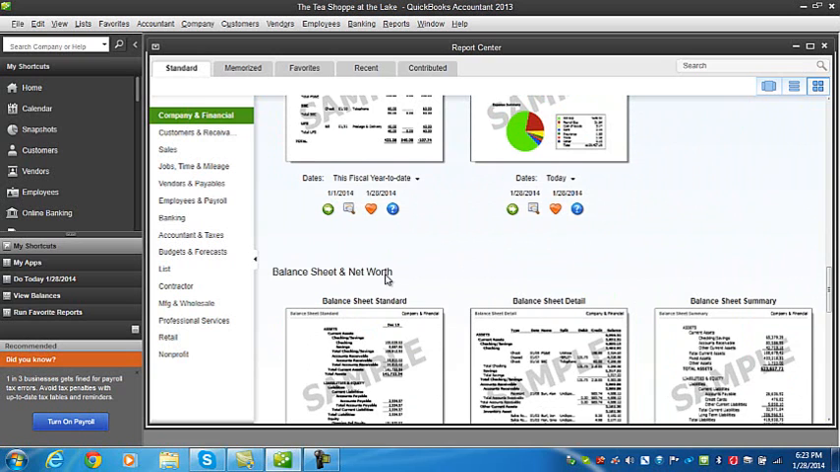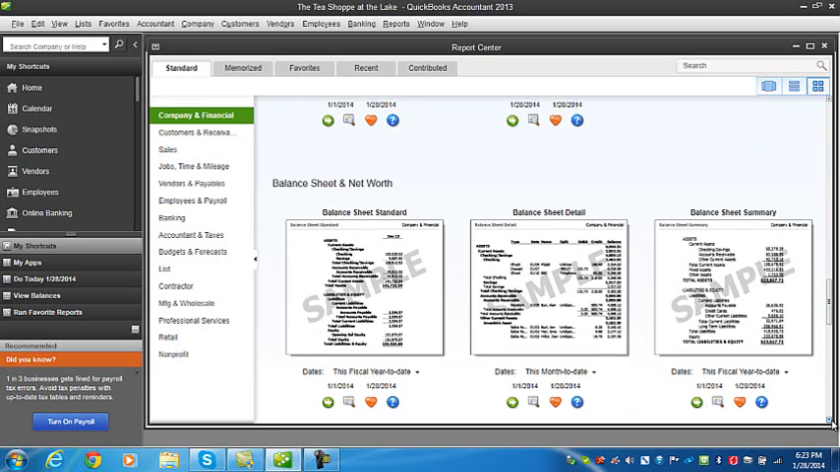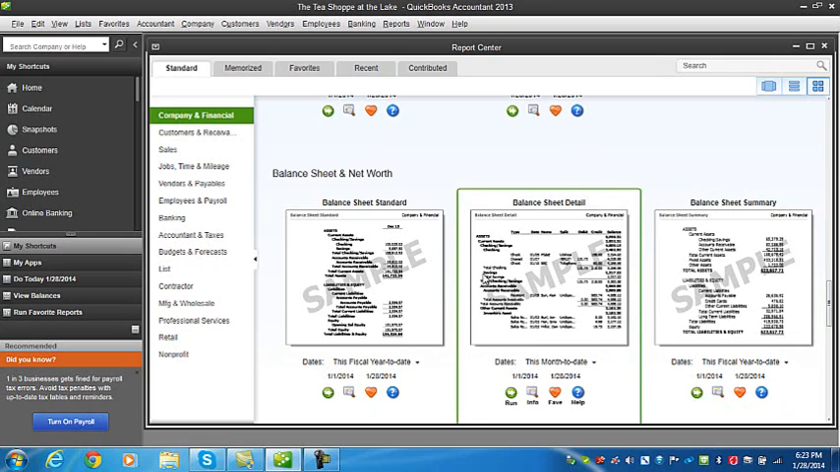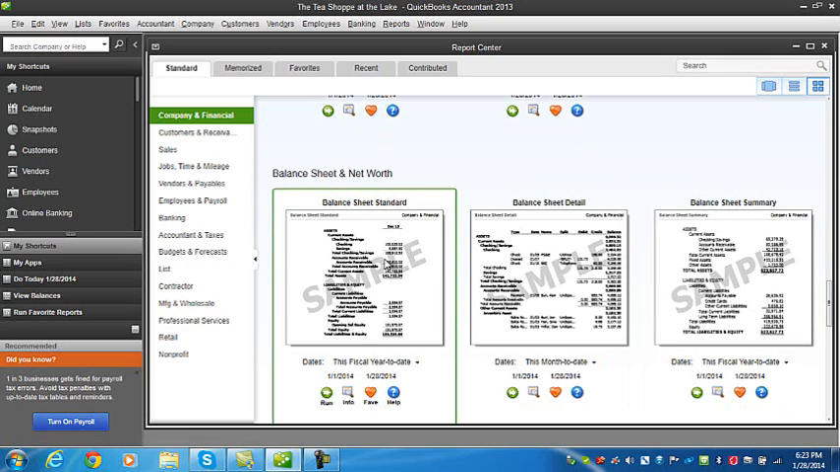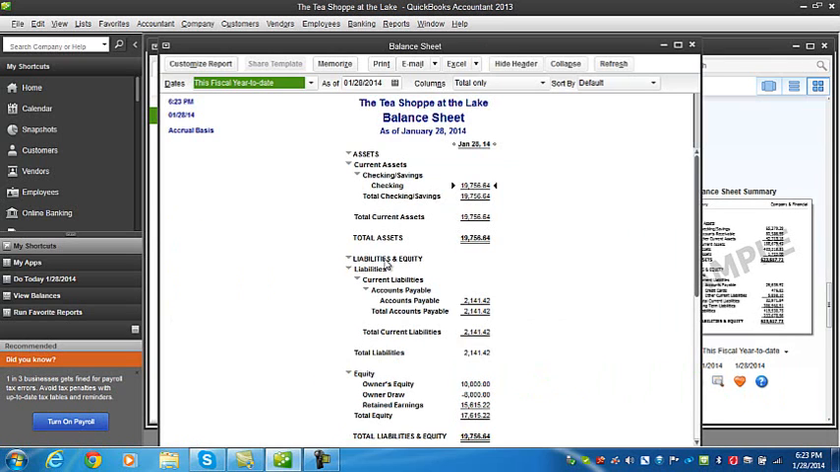Here it is. And you can see that there are many different choices of balance sheets. For our purposes, we usually use the standard balance sheet. So for right now, I'm just going to double click. When I do that, it brings up the balance sheet for Tea Shop at the Lake as of today, January 28th, 2014. And it also tells you the time that I'm generating this report, as well as the basis of